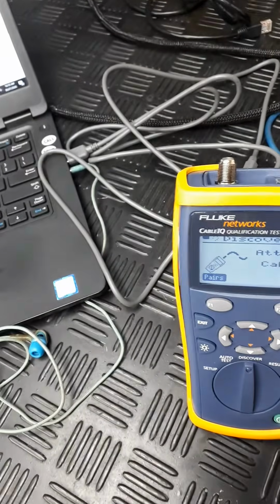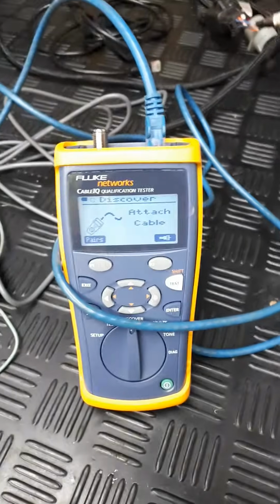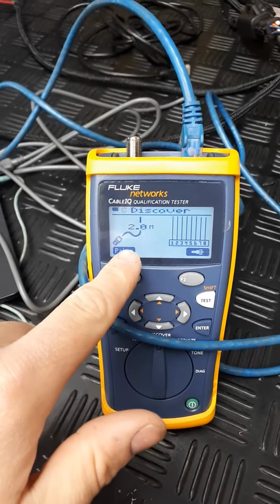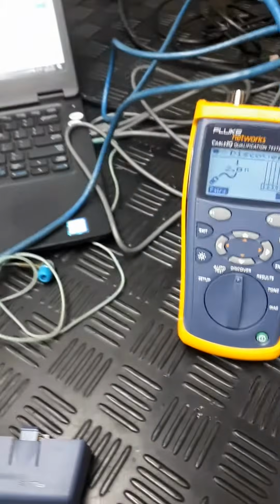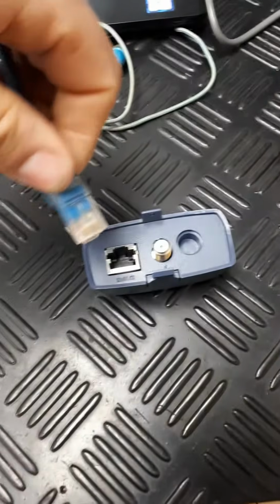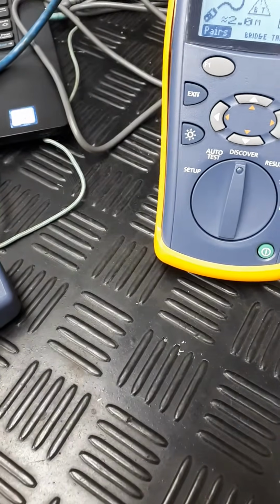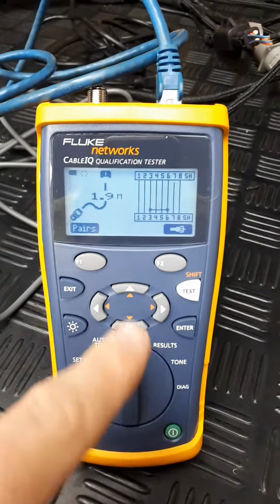I've got my cable here. Plug it in, as you'll see, so it shows it's a 2-meter cable and it's connected on this end. Now get the other end and put it in the remote part. Like that, you can see, so it's discovered it across the top here now, and I've actually put a fault